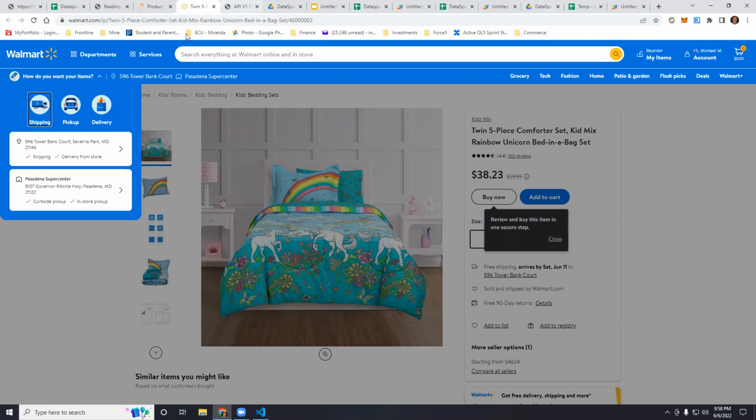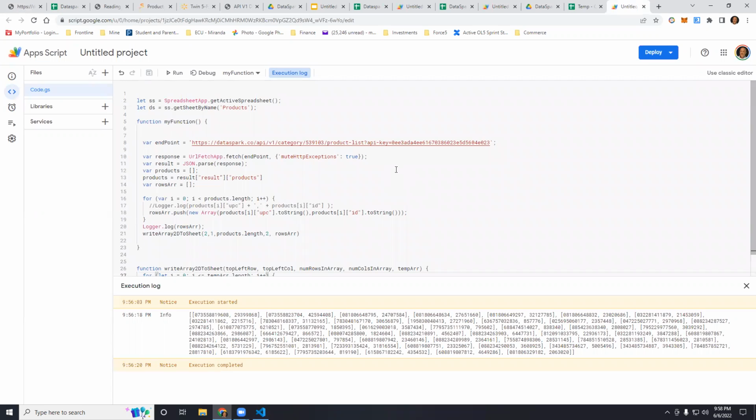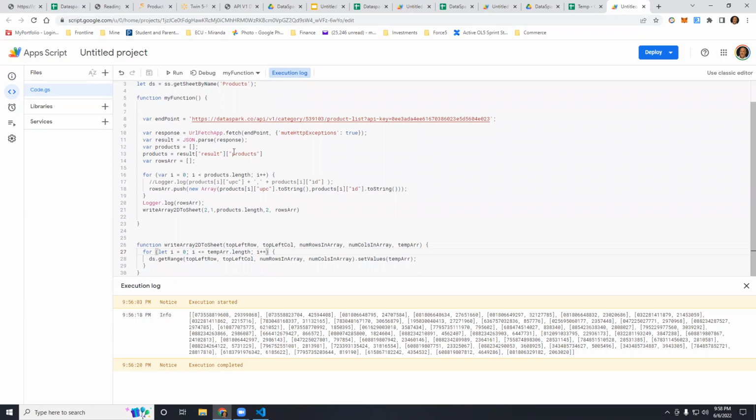So I think that's where I'm going to leave it. I hope this was helpful. Let me just come back here and I'll do my best to explain what we did. We started out just doing a simple get to get the products in a category. And I fumbled my way trying to figure out this URL fetch app thing. I think the biggest thing I messed up